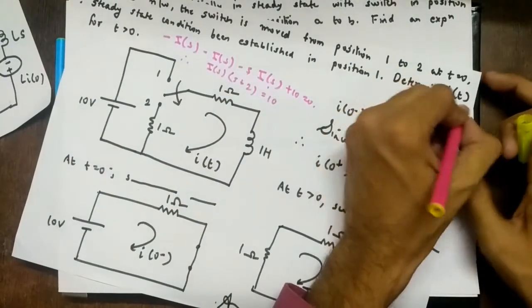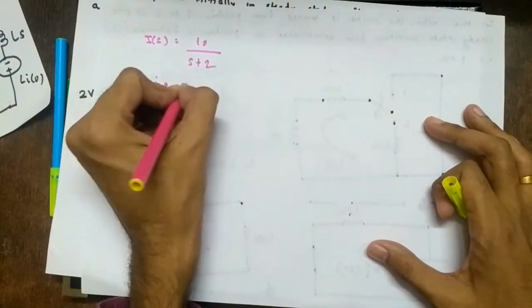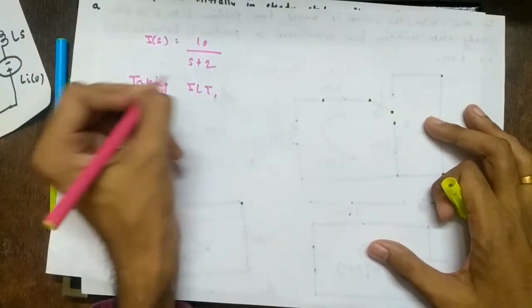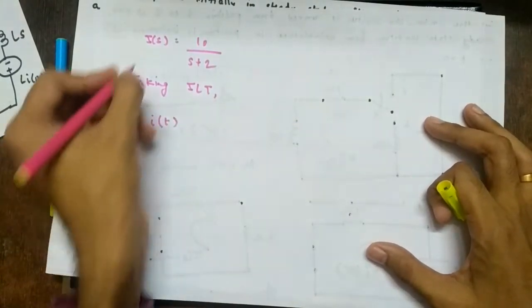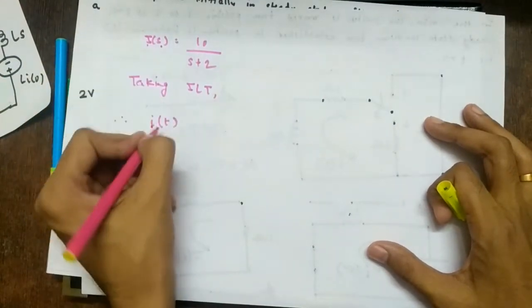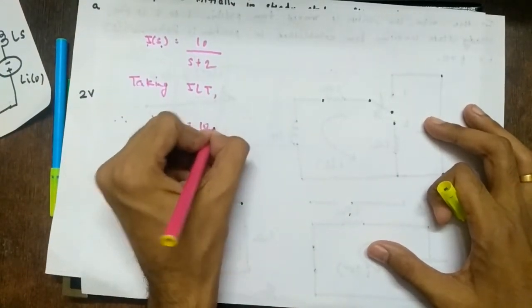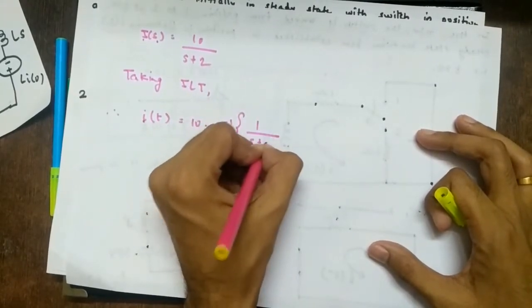To determine i(t), we want the answer in time domain, obviously. Right? So what will we write? This is very important. You have to write this; many students don't. Taking inverse Laplace transform, what will be the inverse Laplace transform of I(s)? Obviously i(t). Remember this is capital I(s); I have written small i, small t. That is important. So 10 is a constant into inverse Laplace of 1 upon s plus 2.